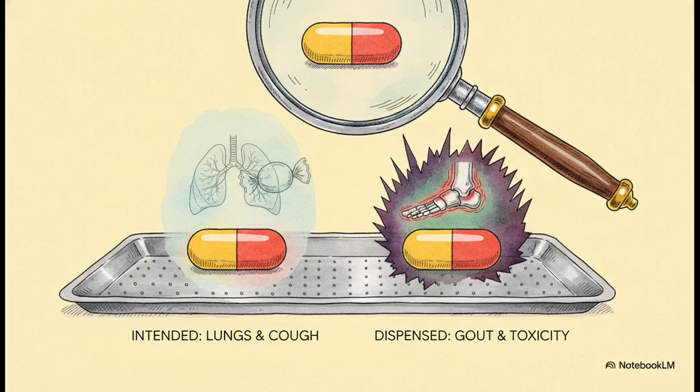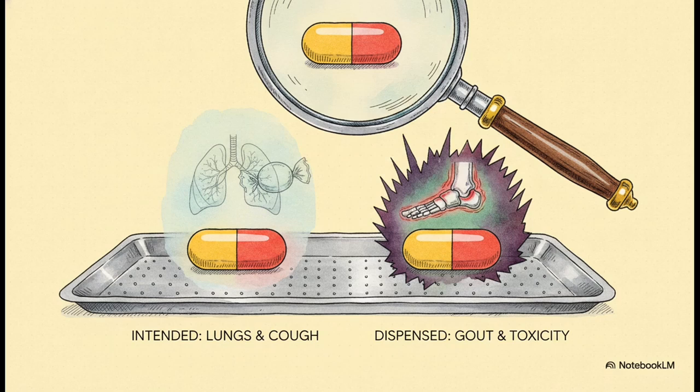You see, everyone just assumed the pharmacy dispensed the correct pills, but Brandon never actually got his prescribed cough medicine. Instead, he accidentally received colchicine, which is a really potent medication normally used to treat gout. Why did Brandon and his doctors miss this? Because both medications looked almost identical. No one even thought to question the prescription until House decided to look beyond obvious medical diseases and investigate the